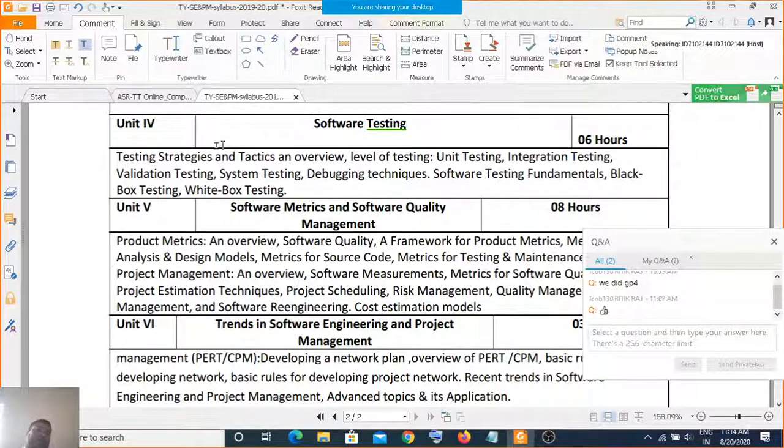Testing means you are actually trying to find out the limit of performance or the failure point of your software. You are giving a heavy input to your software to find out for how much load it can give you the correct performance. For example, suppose you want to transfer data from one PC to another, and the speed is 1 MB per second, and you have 1 terabyte of data to transfer. So what will be the time required?